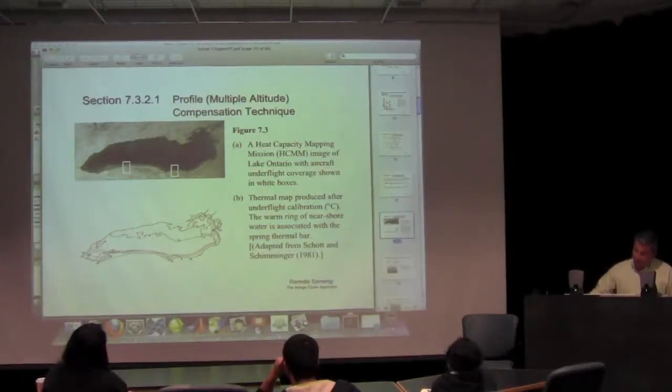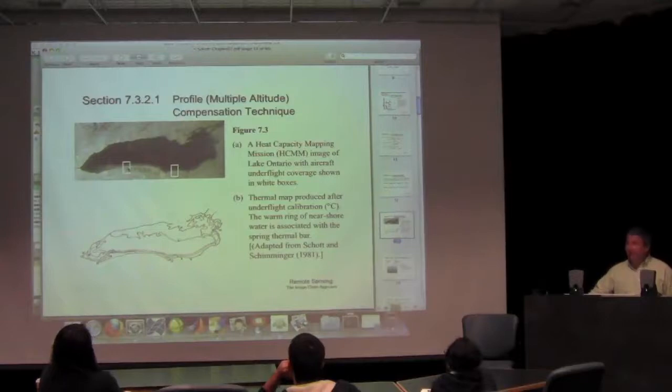I don't even know where those squares are. That's like over Sodus Bay, and that's somewhere between here and Buffalo. I don't know what that is. But I don't know why they chose those locations for this particular paper. But they were able to go ahead and map the thermal bar on the lake